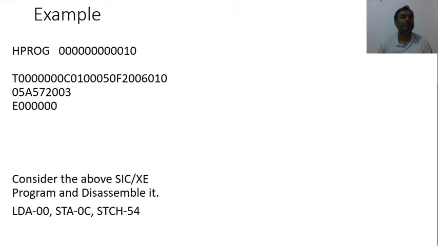Now you can see here, this is your header record. The name of the program is PROG, so I have to write here PROG START, and the starting address is 0.